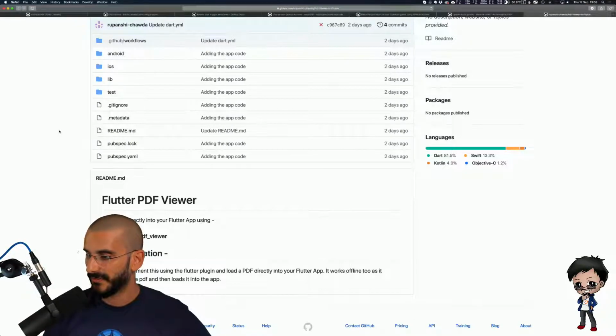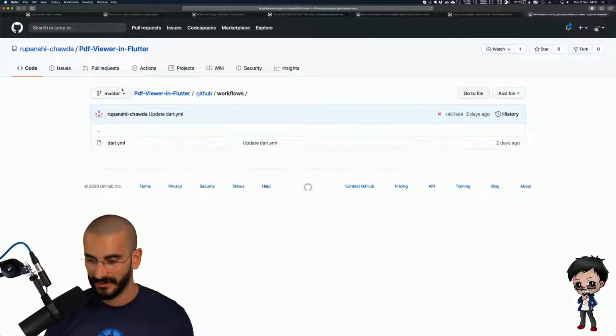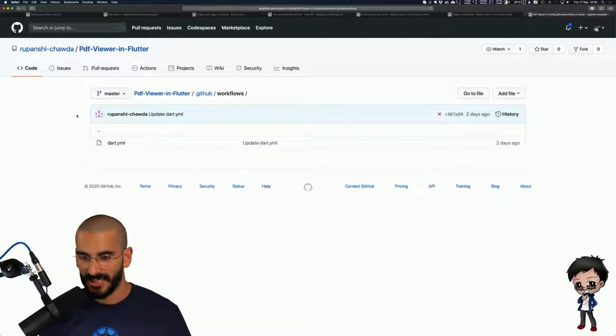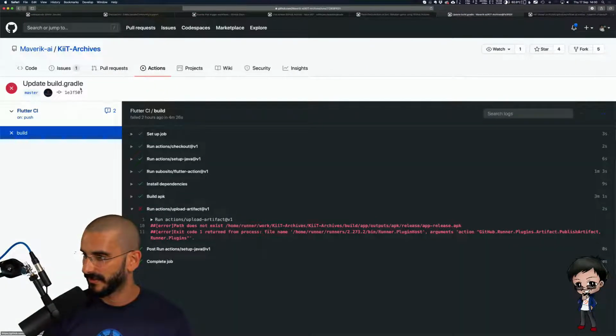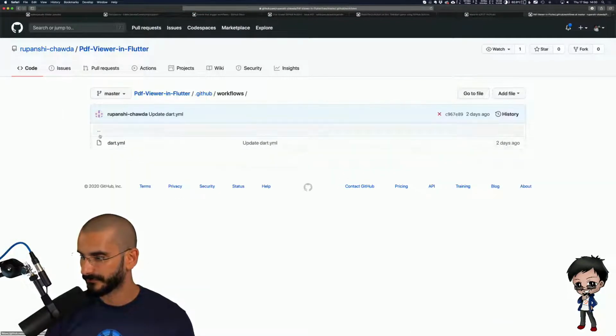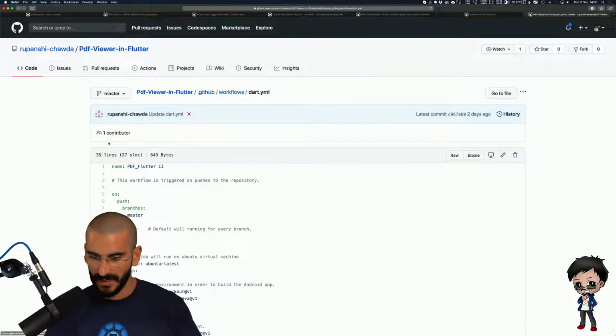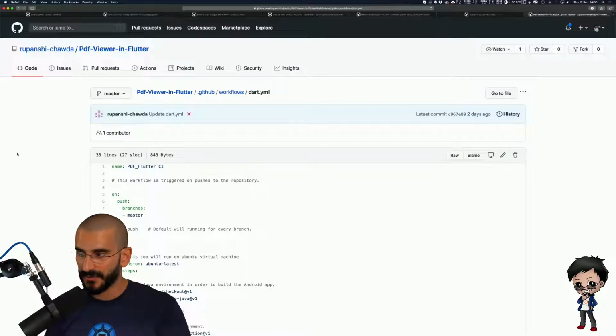Okay, so Flutter PDF Viewer. Let's go have a look at the action. If I haven't missed too much in the chat, let me go back and bring it onto this page. I think we've got one or two more stars on this, so that's awesome. Dart.yaml. The link for this repo, the PDF viewer or the previous one, is just two messages up.